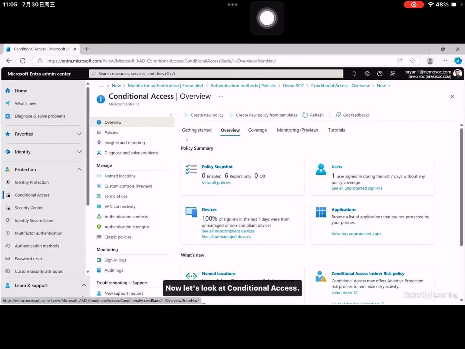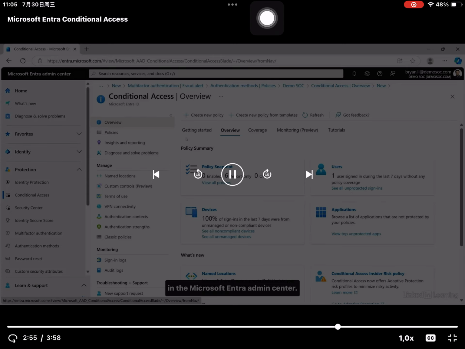Now let's look at conditional access in the Microsoft Entra Admin Center. Click